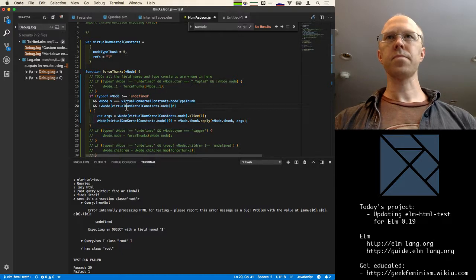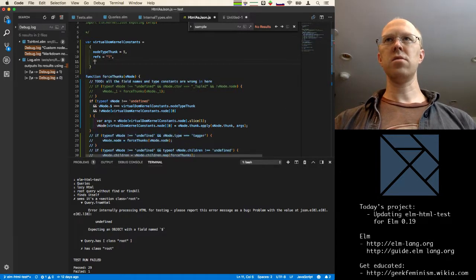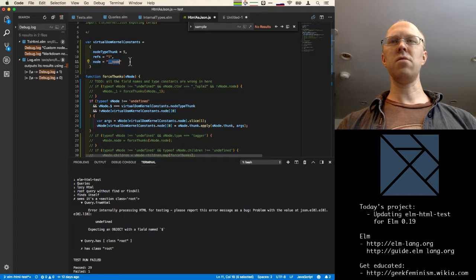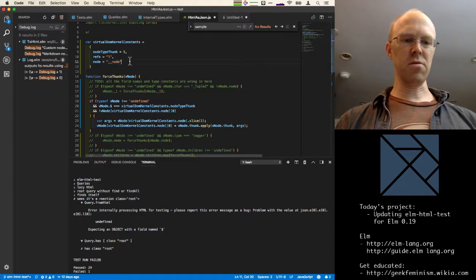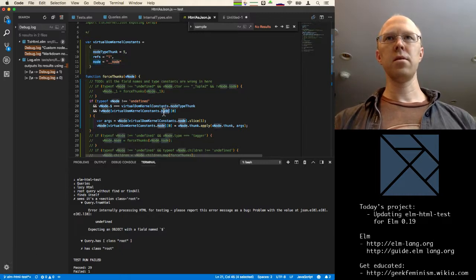Okay. So if the node is an object, if its type is type thunk, and it doesn't have the node cached already, we're not sure what this is going to be. Let's just stick node in, because I think we're not actually going to use the real value from virtual DOM, because we never called the real virtual DOM to evaluate things. We're just going to evaluate ourselves here. So if the node is not cached, then